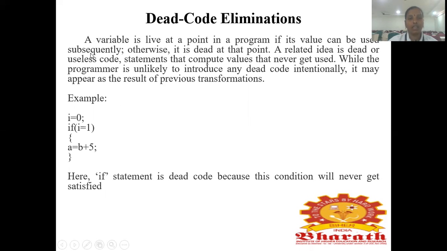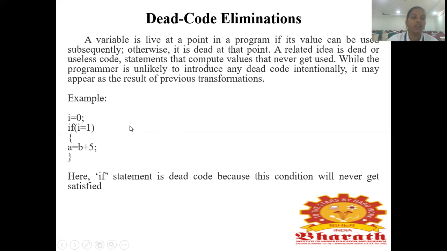A variable is live at a point in the program if its value can be used subsequently. Otherwise, it is dead at that point. So that is dead code elimination. Programs may introduce dead code instantly. It may appear as the result of previous transformations. So all the unused expressions that are eliminated is called